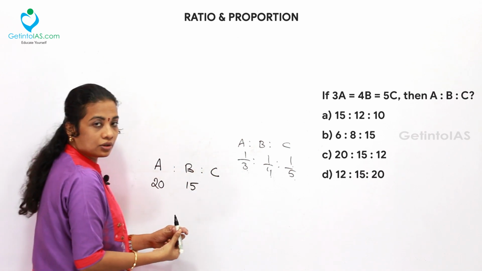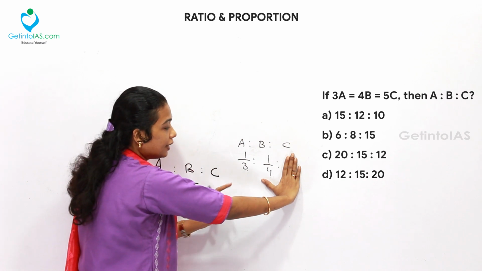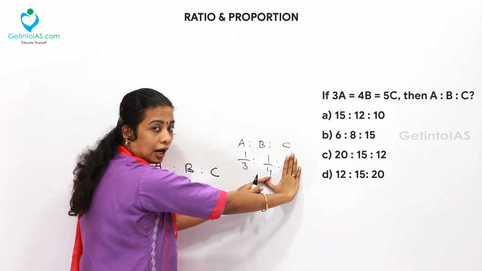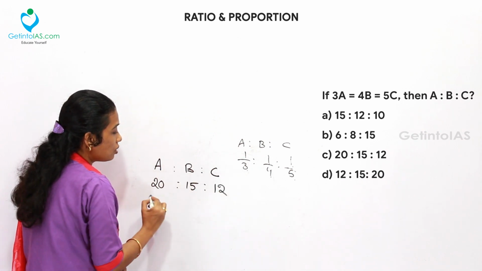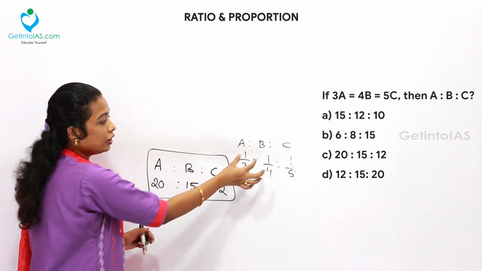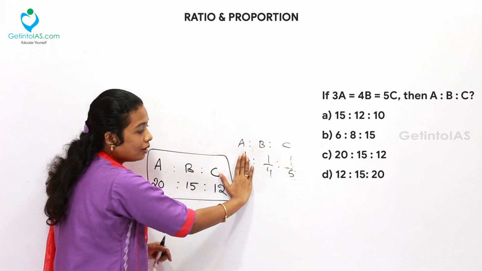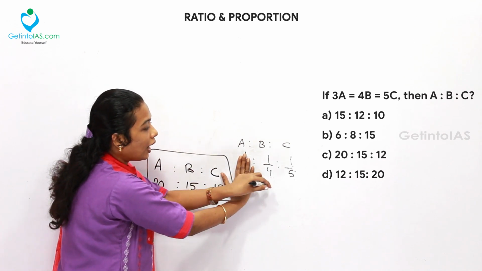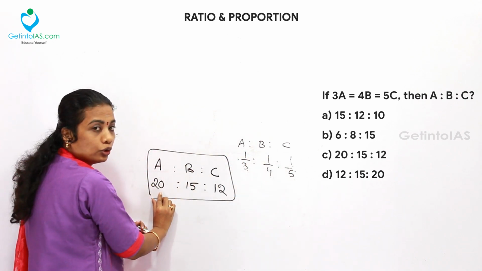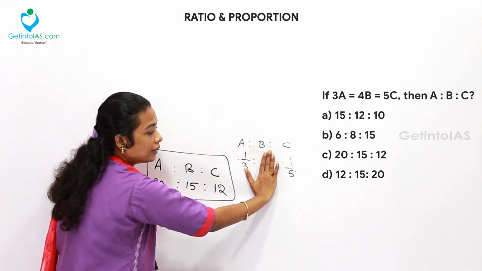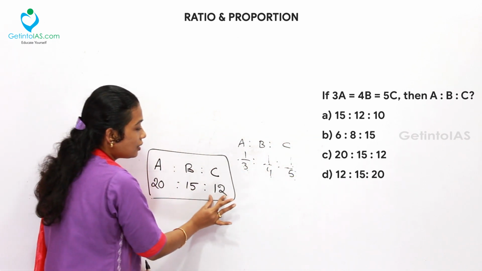Then for C also you want to follow the same rule. Hide the value for C and take the values of A and B, 3 and 4, multiply it, 12. So C is 12. So this is the trick you can follow when all the numerators are 1. Hide the value for the particular variable, take the other variables and get the product and write down the value over here. For B also you can hide this and take the values of A and C. For C, you can take A and B and simply write down the value.